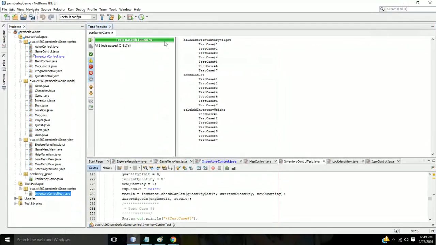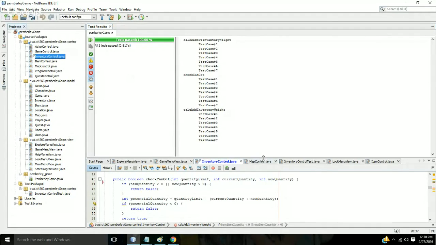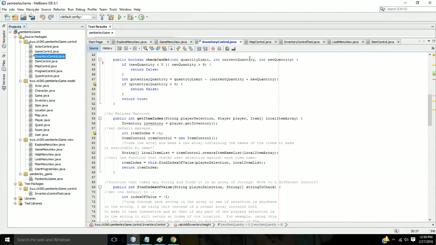Each of the calc remove inventory weight, the check can get, and the calc add inventory weight, they all came back as positive, so 100% passed. Well, now that I've talked about the check can get, I want to go ahead and move into talking about the other function that I created, and that function is the